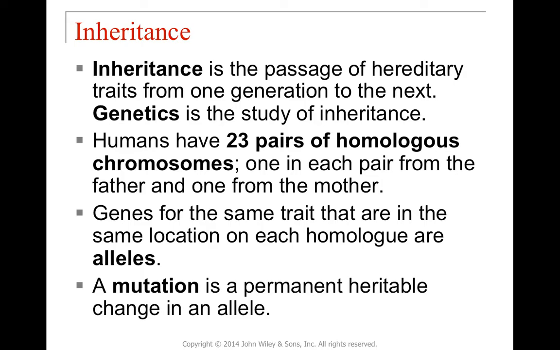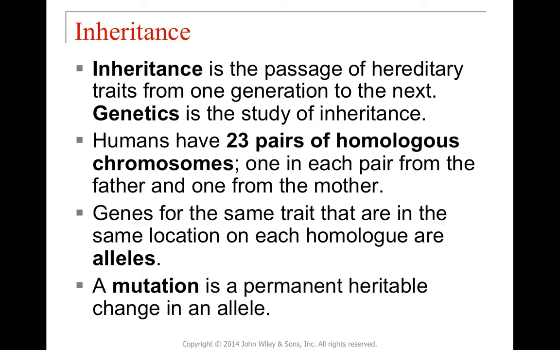We as humans have 23 pairs of homologous chromosomes. It means we have one pair of chromosome 1, one pair of chromosome 2, one pair of chromosome 3, etc., all the way up to one pair of chromosome 22. However, chromosome set 23 is going to be the sex chromosomes. So ladies, you have two X's. Gentlemen, you will have one X and one Y. And each of these chromosomes are going to come as a single chromosome from your father and an equal and opposite chromosome from your mother. These are called maternal and paternal